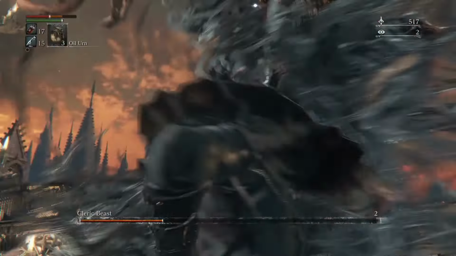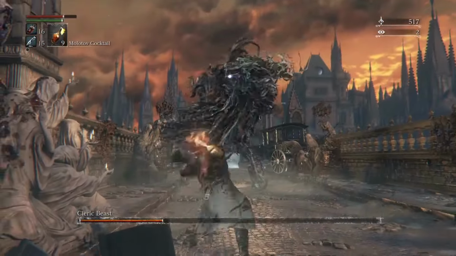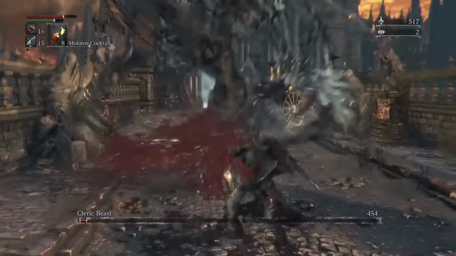Either will work, although Cleric Beast comes with the deficit of also needing to farm up 10k Blood Echoes in order to open the gate towards Amelia. On the other hand, Bloodstarved Beast is way harder than Cleric Beast, which will make the first boss we fight with the whirligig saw a more difficult challenge. So naturally...